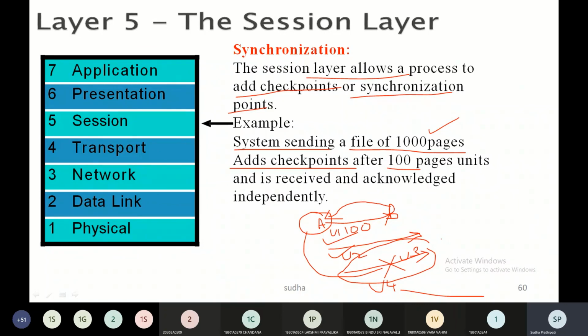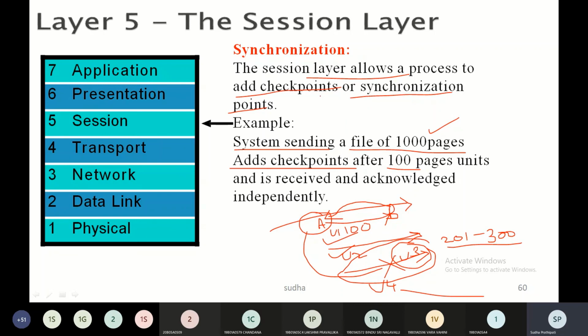Unit 3 is the packet with pages 201 to 300. Since the source did not receive an acknowledgement for unit 3, it will send only this unit 3 packet rather than sending the other packets. That is the use of the checkpoints or synchronization points.